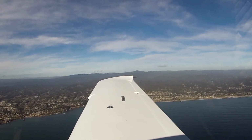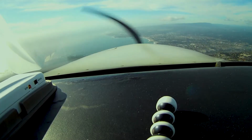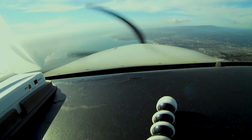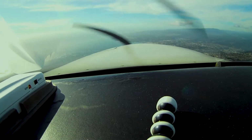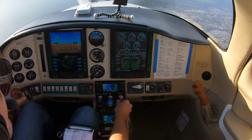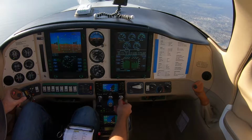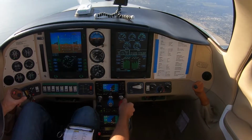The view from the front. Now we're going to lean the engines. So we just did lean assist, and we're looking for the...